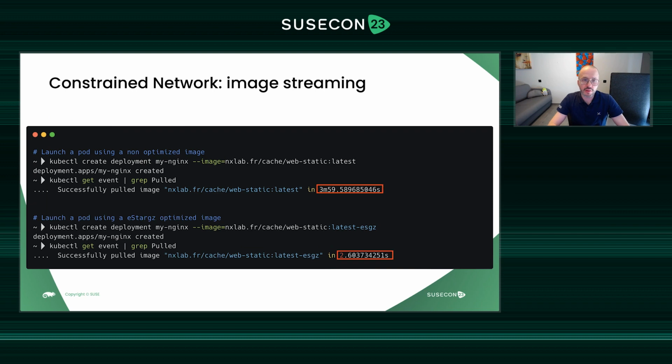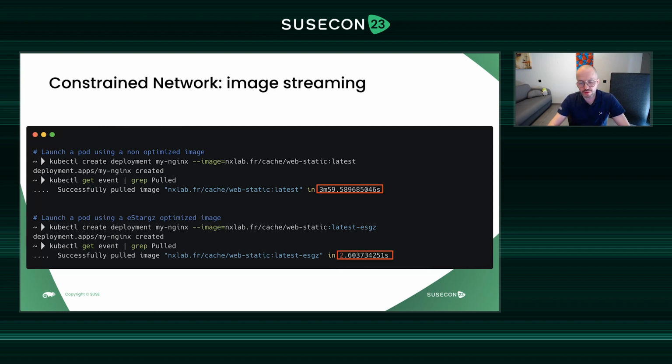So let's just take an example. In this case, you will see two kubectl deployment commands, and one is on a basic image. This is an Nginx image I have inside my local registry. And the second one, the one with the tag -esgz, will be the one optimized.